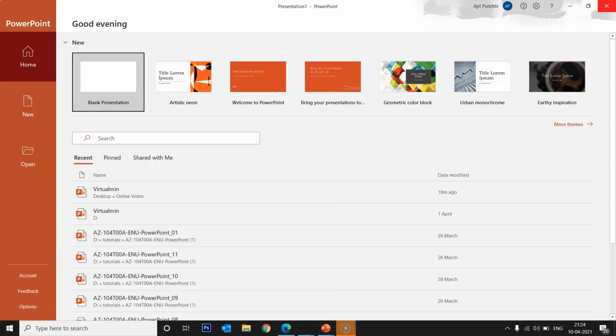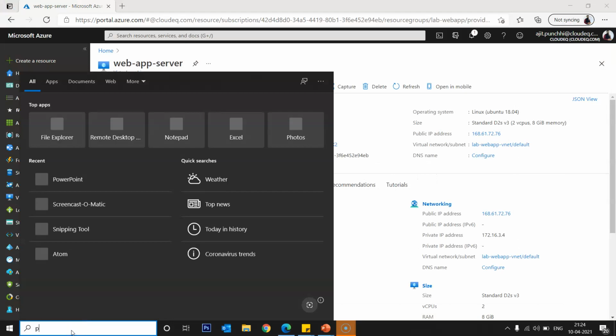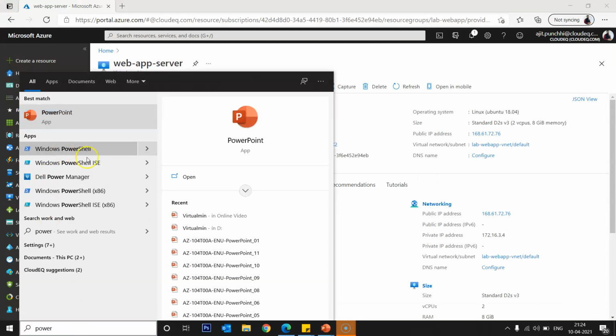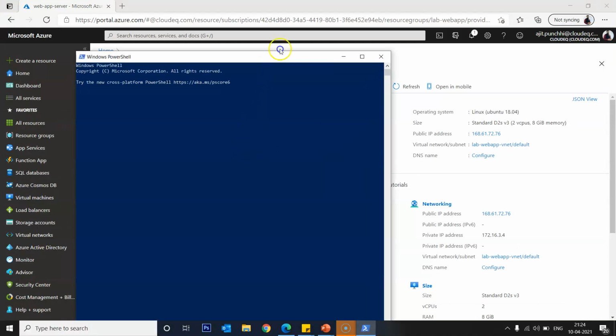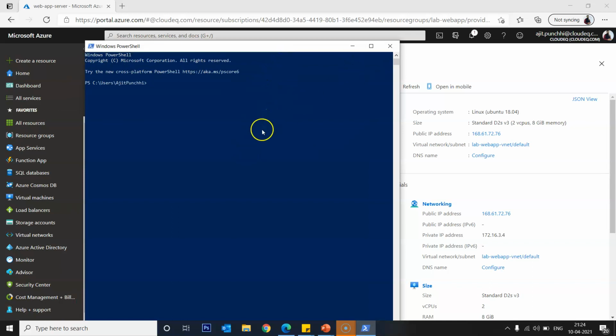So this is Windows PowerShell. I have a PEM file of my Ubuntu server. I'll go to downloads. The command to access the Ubuntu server from PowerShell is ssh -i, your PEM file path, your default username and the public IP of the server.